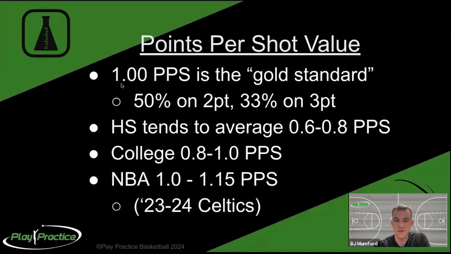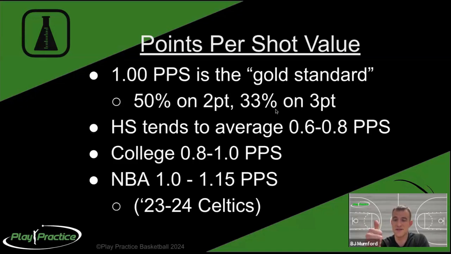And so you can pretty quickly do the math here. If we want to get 1 point per shot, then on a 2-point shot, we need 50% on average. And on a 3-point shot, we only need 33%. And this is what I call the green light standard. You've probably heard the term green light shooter. It means that